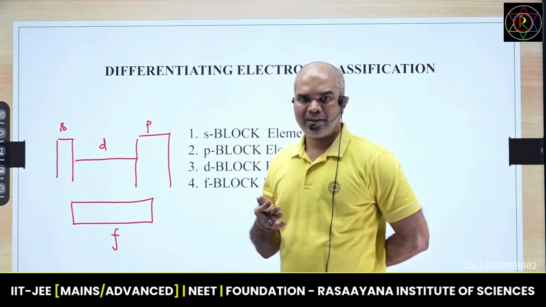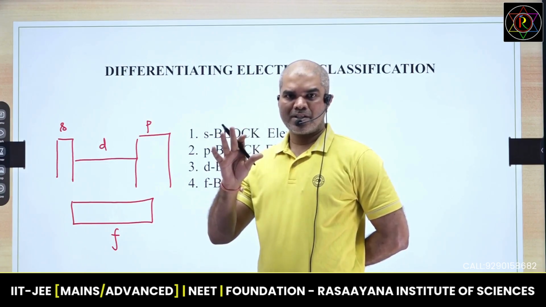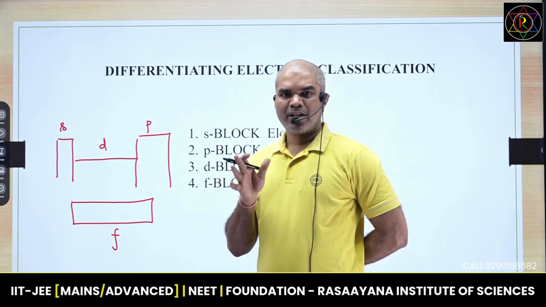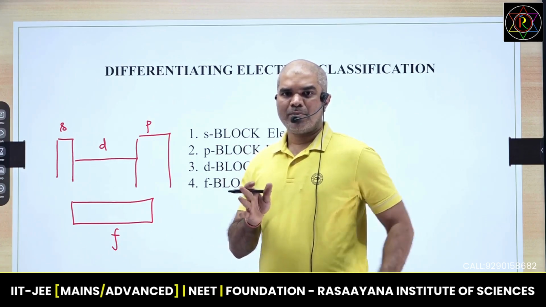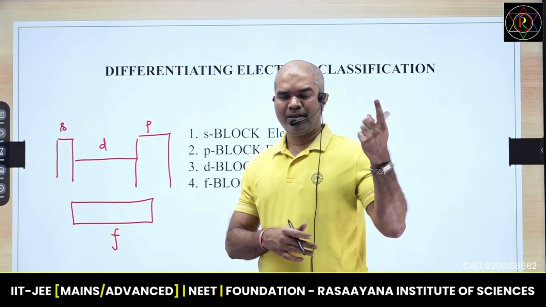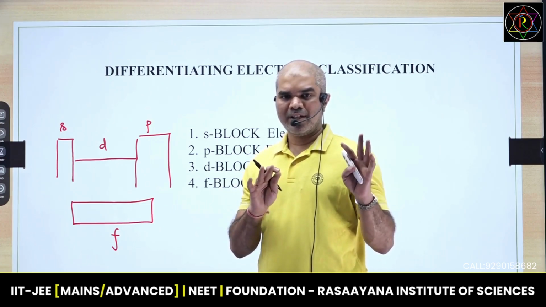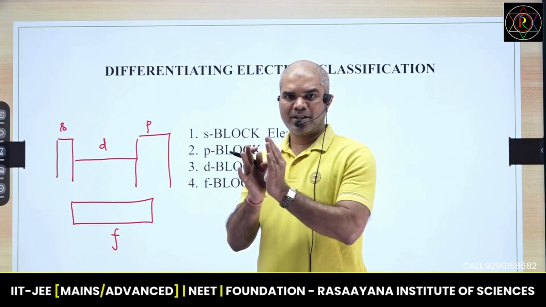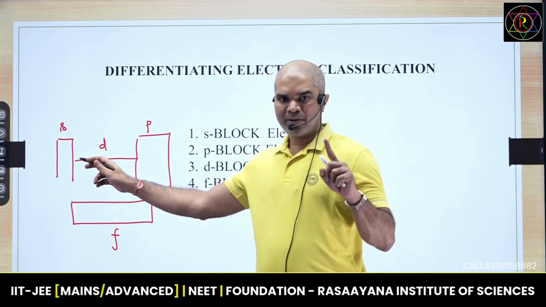Suppose if I choose iron, iron can have +2, +3, +4. Variable oxidation states are present. Copper can have +1, +2, +3, +4, variable oxidation states. But most commonly copper has +1, +2; +3, +4 are rare. Iron has +2, +3; +4, +5 are rare. Okay, there are some rare oxidation states and common oxidation states, but for these there is only one oxidation state, which